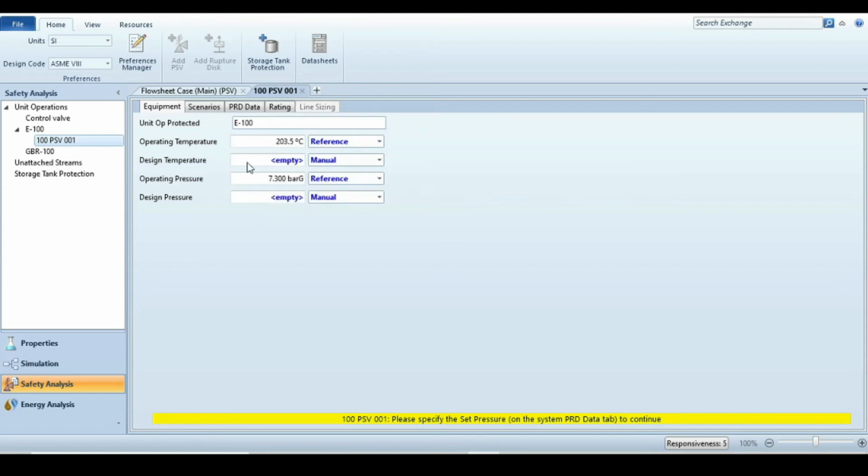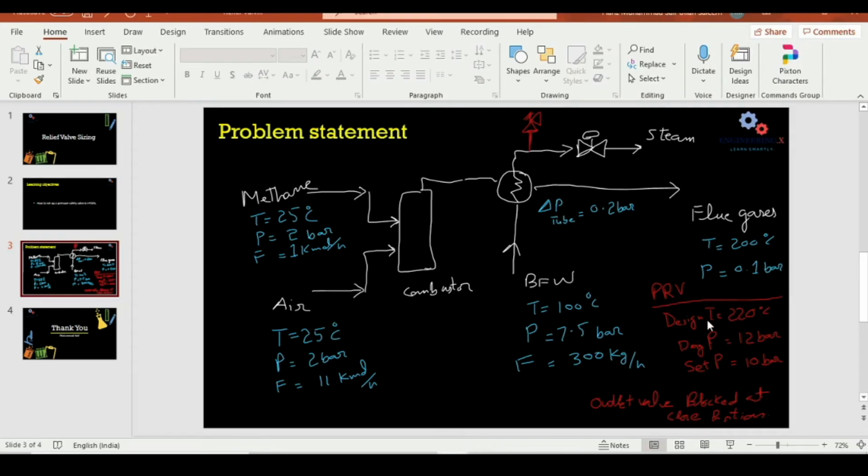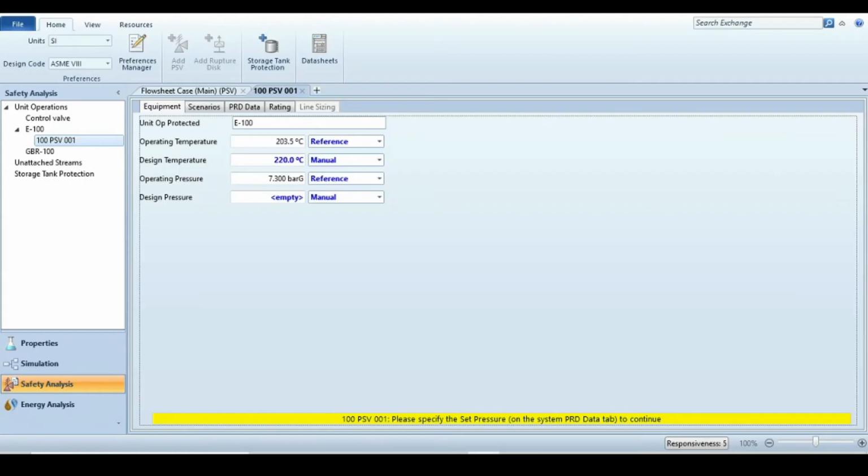So that is okay, we are fine. And design temperature is given, that is 220 degrees C. If we look into the PowerPoint here, design temperature is 220, design pressure is 12 bar, and the set pressure is 10 bar. Okay, so operating pressure is 7.3, that is okay, and design pressure is